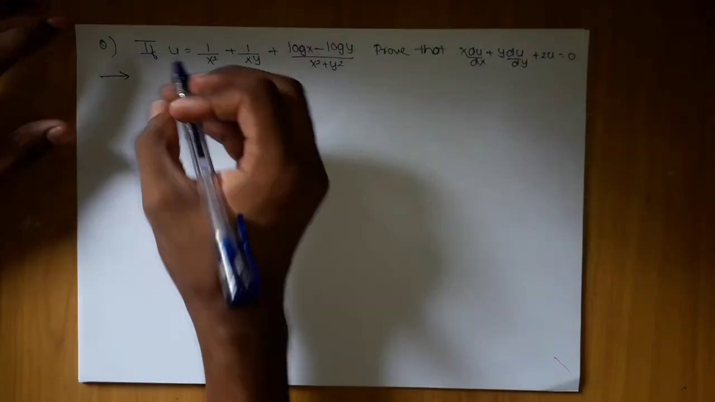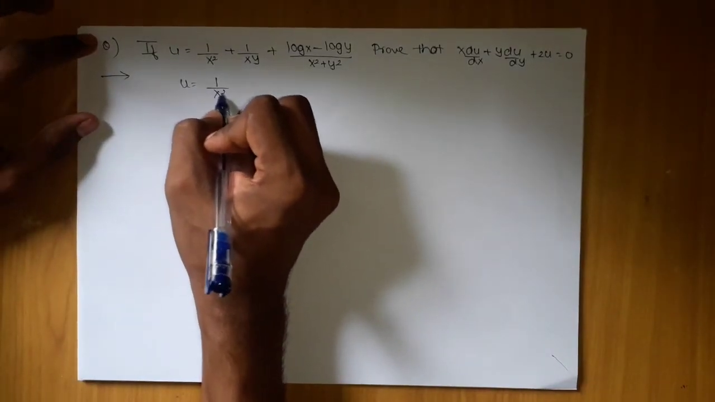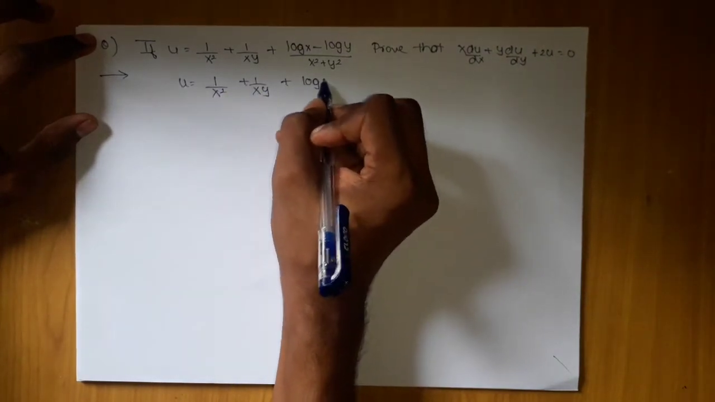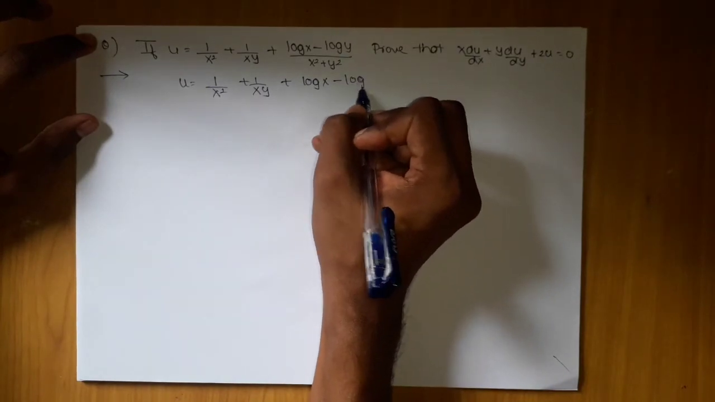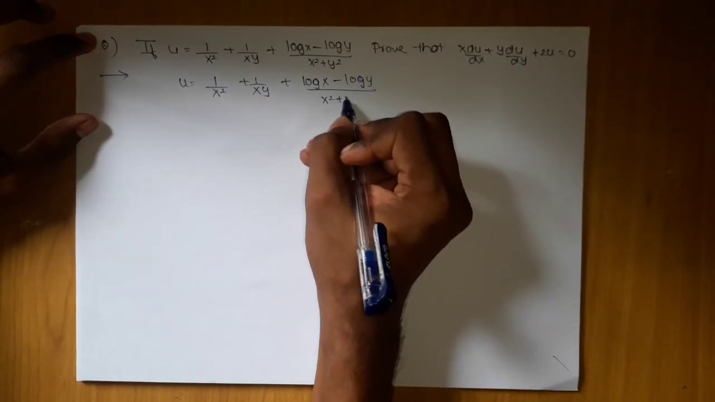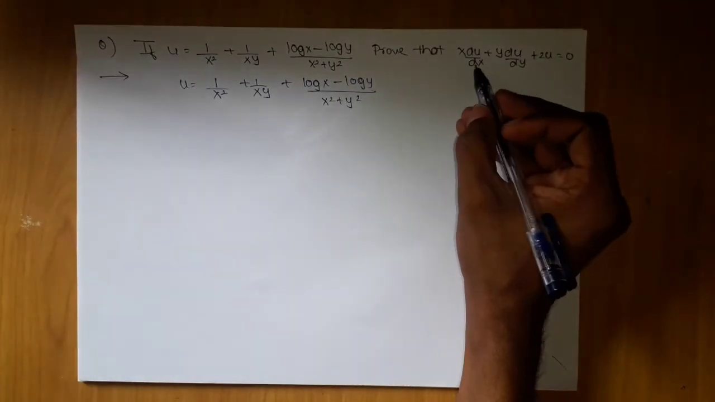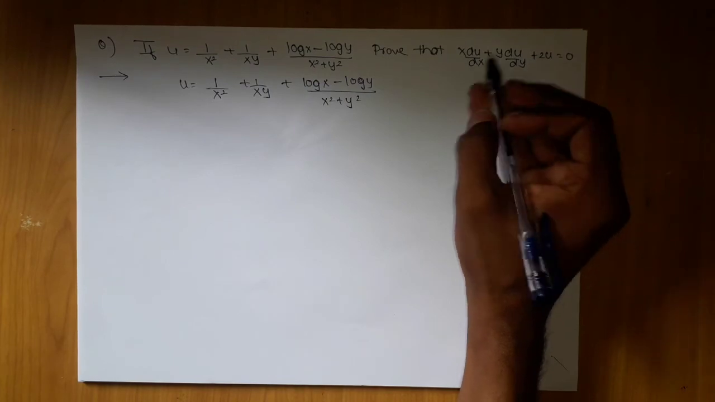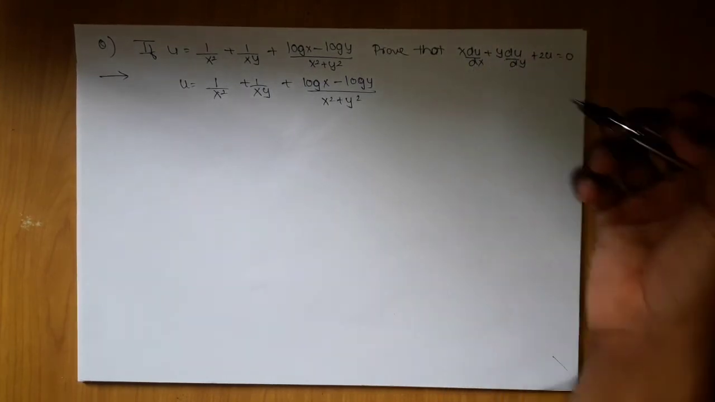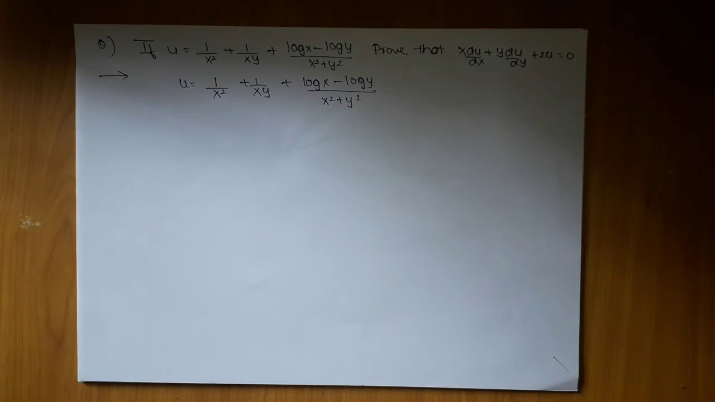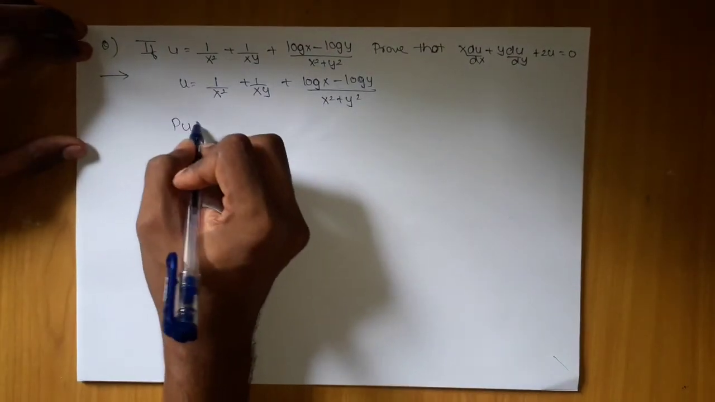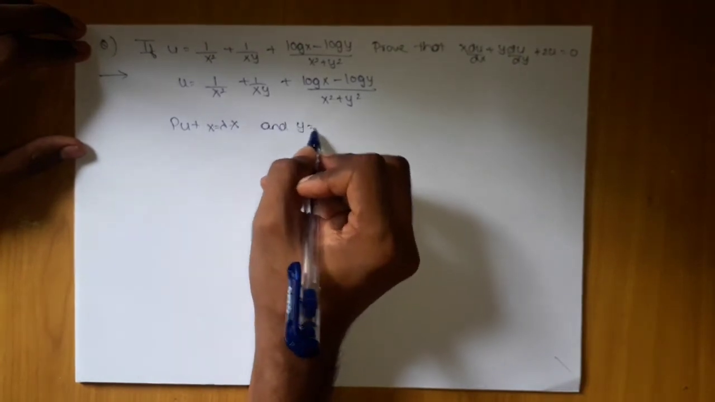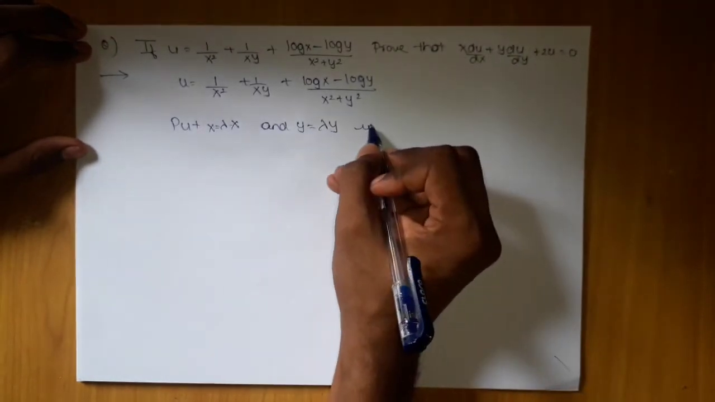What we have to do is write u again. That is the starting thing. I can note down one thing, that x dou u by dou x plus y dou u by dou y is nothing but my Euler's theorem. So to use this, I should prove that it is a homogeneous function. So I'm going to put x equals lambda x and y equals lambda y in